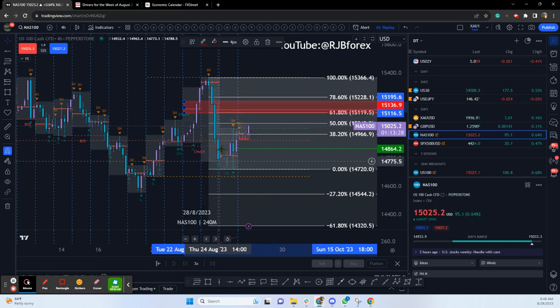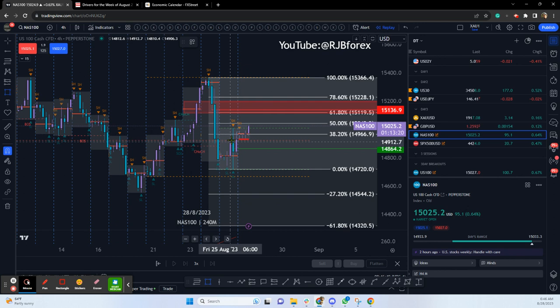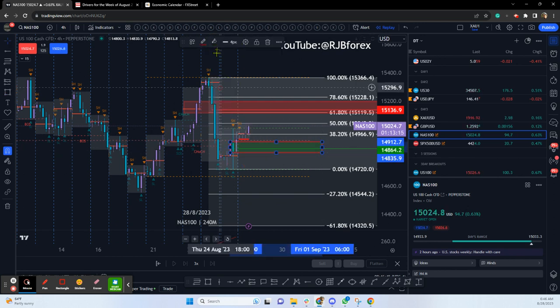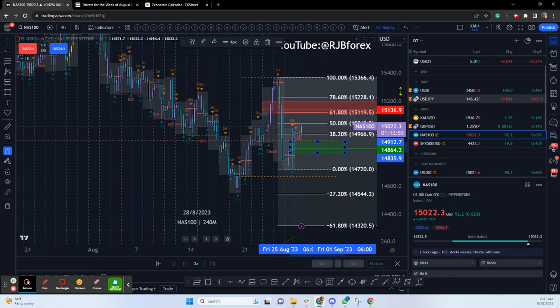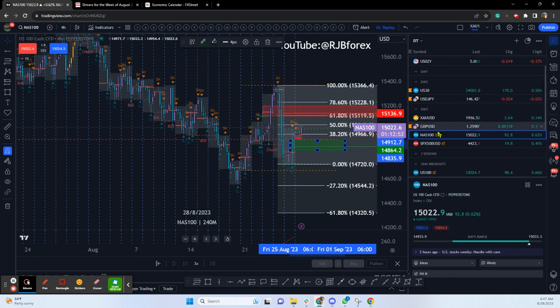So bearish impulse, correction, support above Friday's closing level. Perhaps we're moving up into the 61.8, and we can look for shorts, maybe for a scalp to the downside, or we're just going to continue higher in line with the bullish thesis